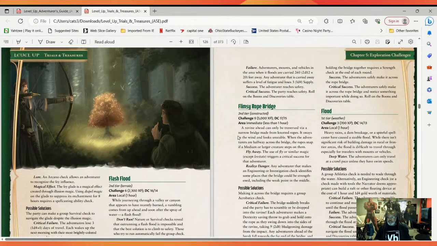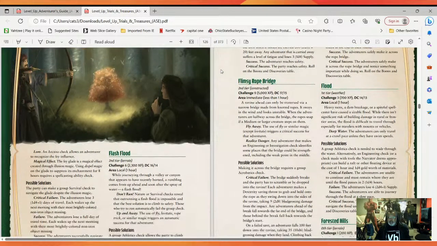On a success, the adventurers safely make it across the rope bridge. On a critical success, the adventurers safely make it across the bridge and notice something important while doing so. Roll on the boons and discoveries table. Again, explicitly, on a critical success, they might find something. Implicitly, those flimsy rope bridges, maybe you might want to cross it because you might find something really cool